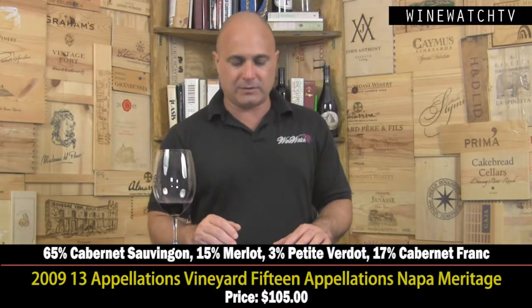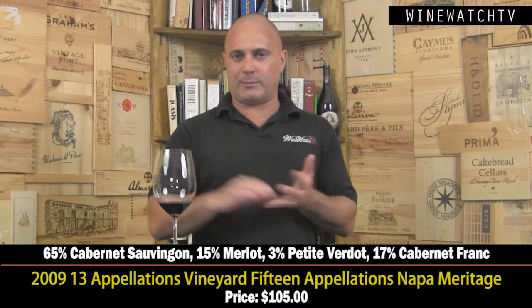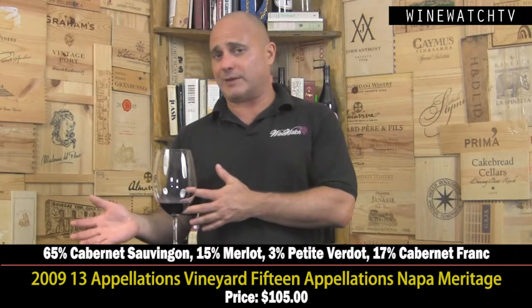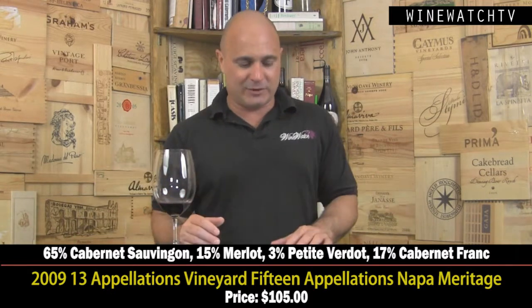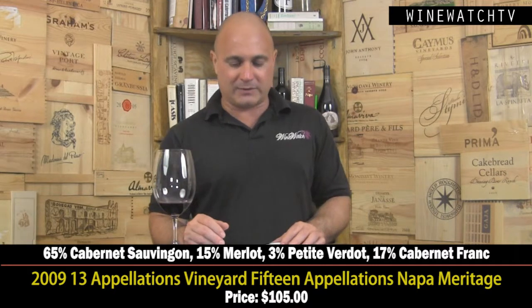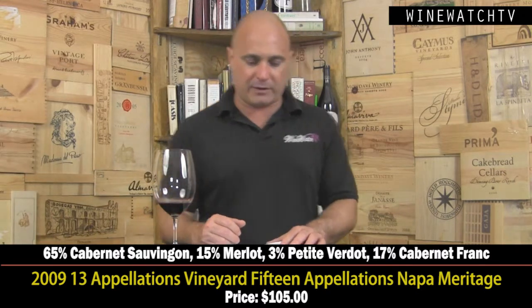All right, the 13 appellations, 15 appellations, Napa Meritage. Well, the winery says 13 appellations on the back label, and it says 15 appellations on the front now, because when they started, there were only 13 appellations in Napa. Now there's 15. So anyways, a little confusing, the name here, how this would be listed on a wine list, but it's a blend of 65% Cabernet Sauvignon, 15% Merlot, 3% Petit Verdot, 17% Cabernet Franc, made by the great